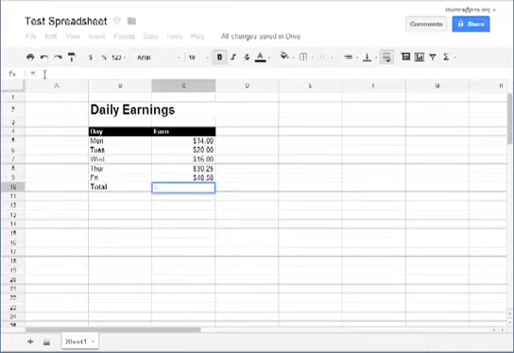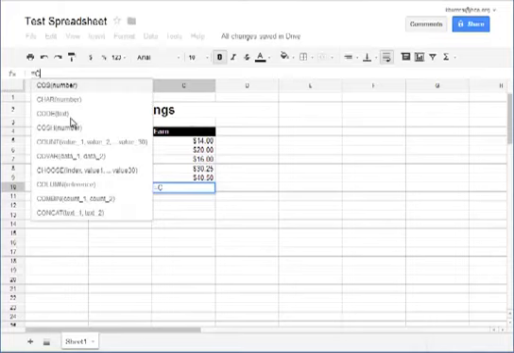And the easiest way to do that is to use the name of the cell. So if I want the spreadsheet to pick up this value right here next to Monday, then what I need to do is refer to that cell by its name. And every cell is named in a spreadsheet by its column and its row. So this value is in C5. So if I type C5,